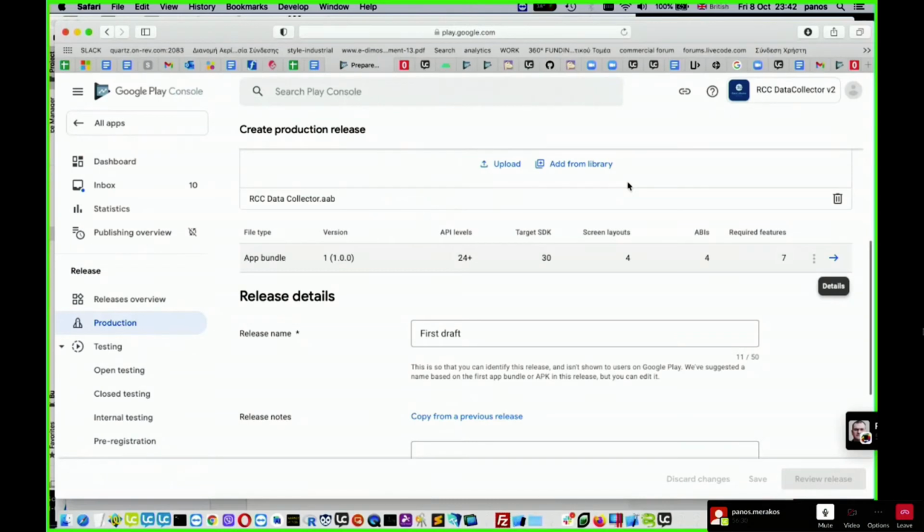You only need to know that if you plan to submit to the Google Play Store, you need to choose AAB, .aab. If you plan to submit the app to other app stores, such as the Samsung App Store or the Amazon App Store, or if you just want to share the app outside of an app store by just emailing it to a friend or by just installing it to your devices via USB, then you need the APK format.